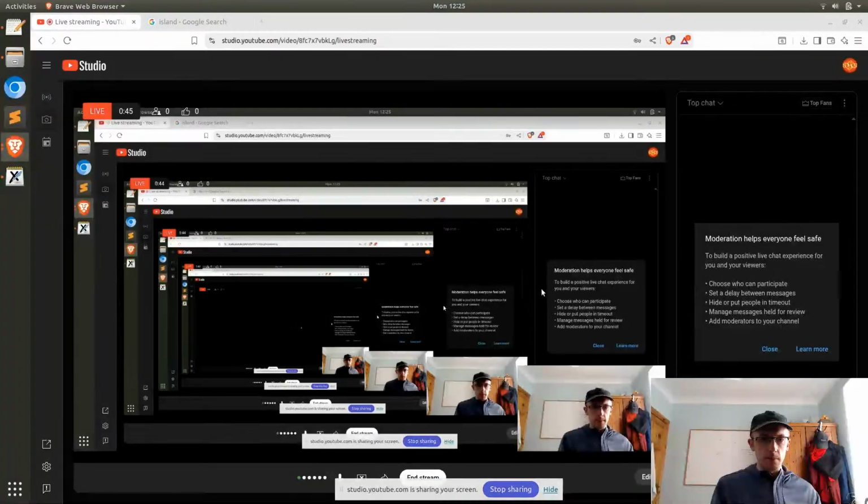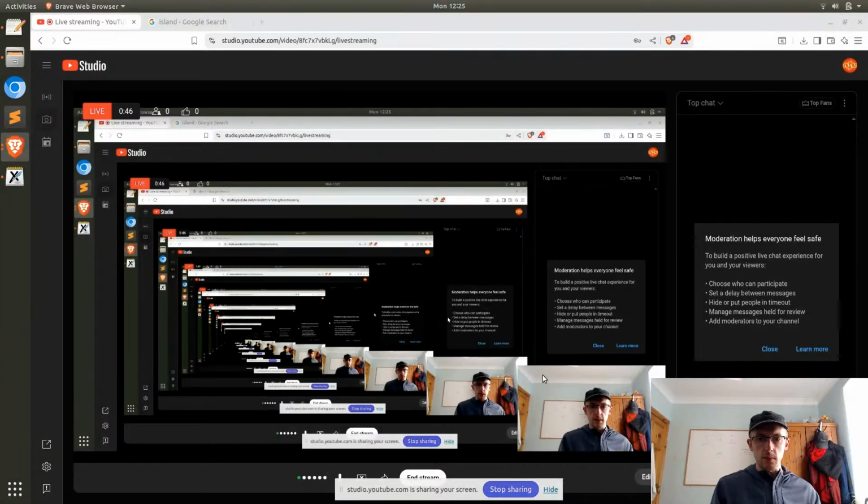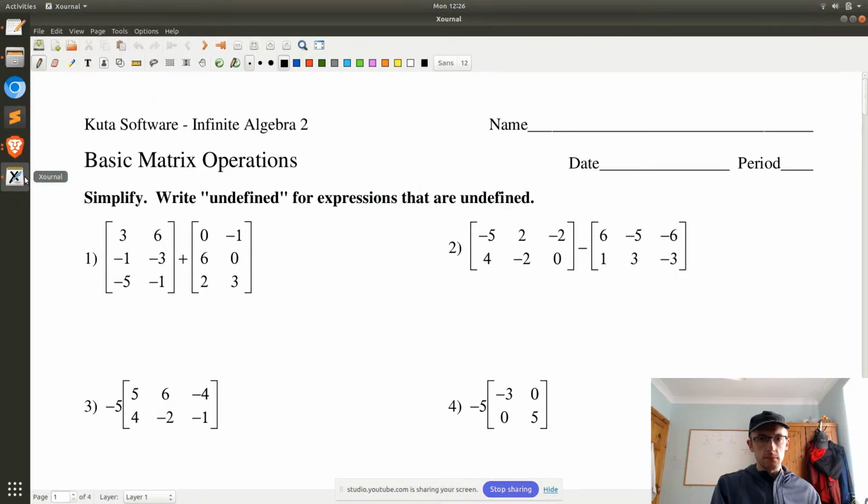Okay, so this is basic matrix operations. But let's see, I have to share my screen, right? Okay. That appears to work. I'm very new to this, of course. Okay, so